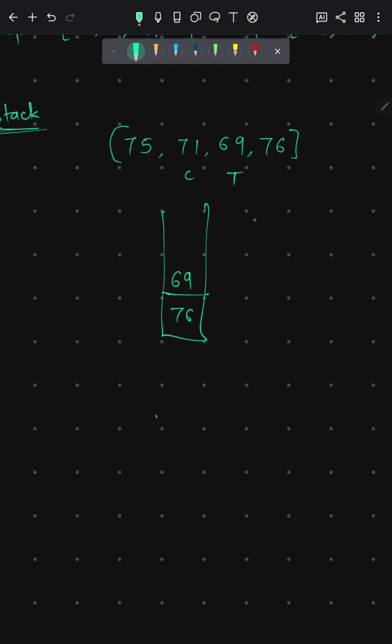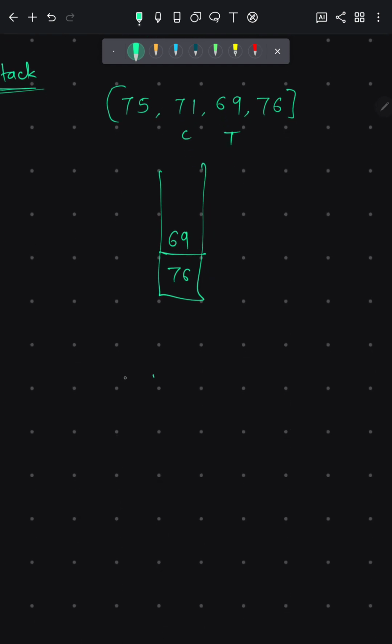So if the current element is greater, C is greater than T, then there might be a possibility. Take 71, 69, 71, 68, 69, 76.